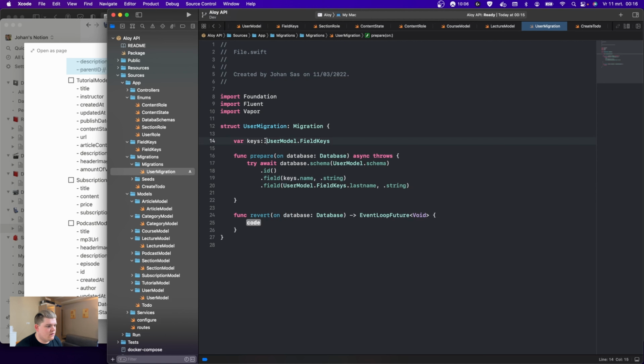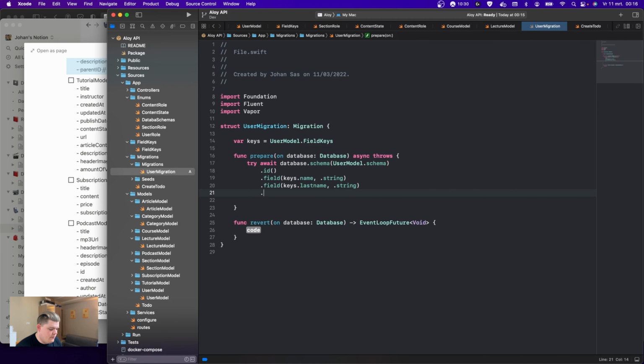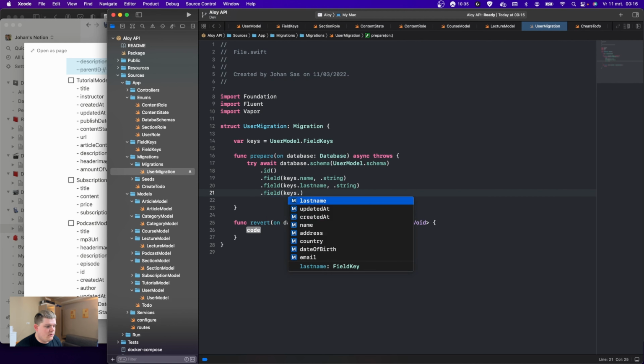No, wait a second. Var keys, I think it has to be equal to user model dot field keys. Yes. So it has to be equal to. So now we can call name string. So now we don't need to type out user model dot field keys dot last name. We only need keys dot last name. This makes it a little bit easier for us to code. So field keys dot, let's see, we have email, comma, dot string, comma, dot